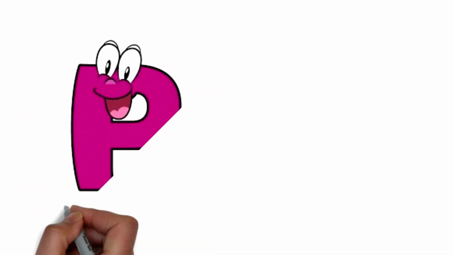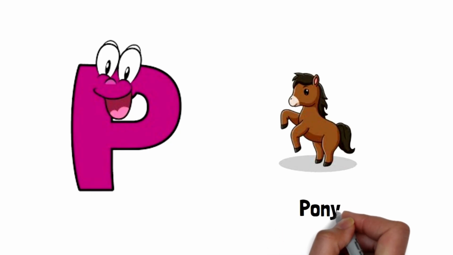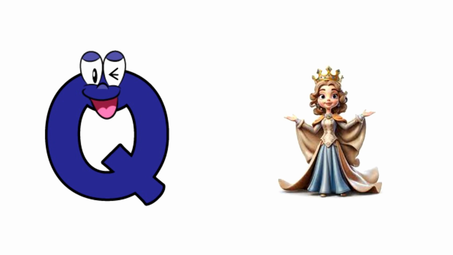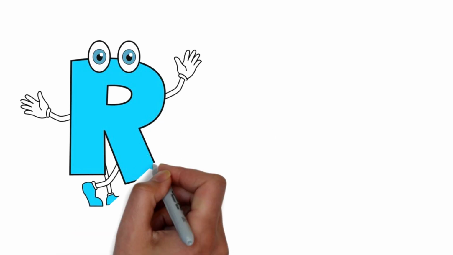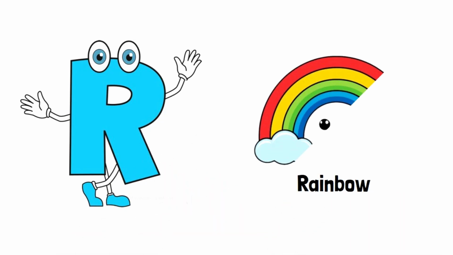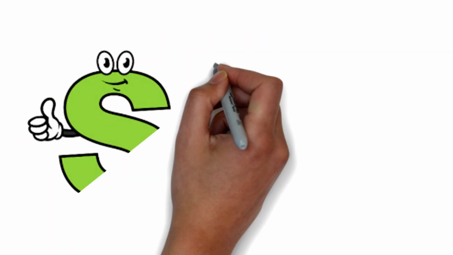P is for pony, pony, pony, P, pony. Q is for queen, queen, queen, Q, queen. R is for rainbow, rainbow, rainbow, R, rainbow. S is for spider,